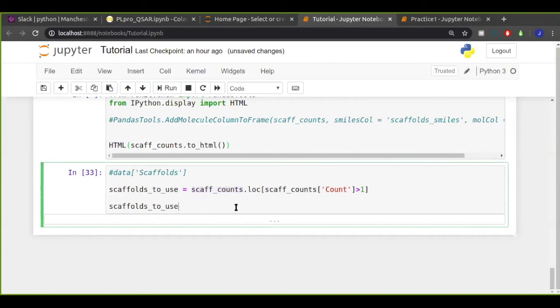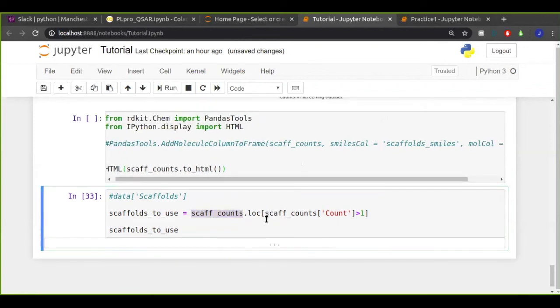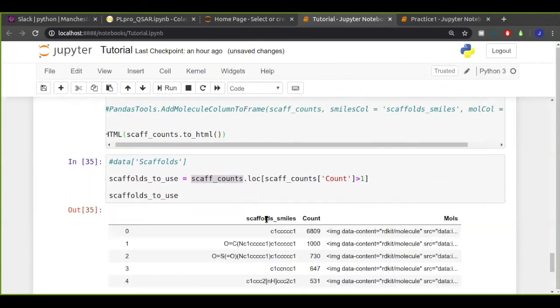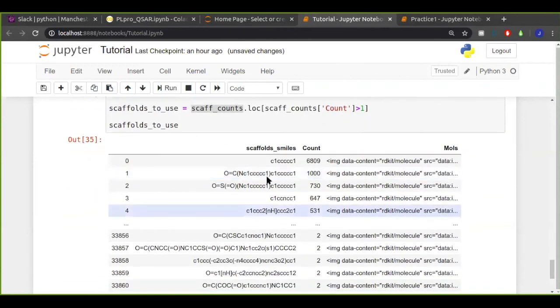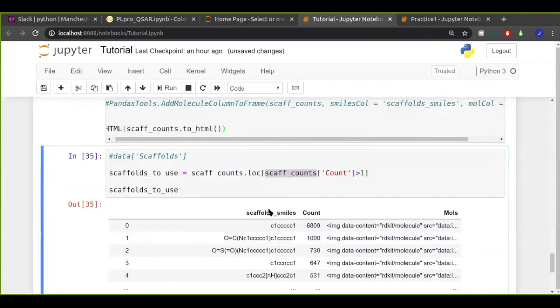This only works if the length of the column returned in the logic test is the same as what you're locating from. For example, if I were to do a logic test on a short data frame and then apply that to a long one, the computer would throw an error. Okay, scaffolds to use is the variable I've defined here: scaff counts.loc, scaff counts greater than 1.